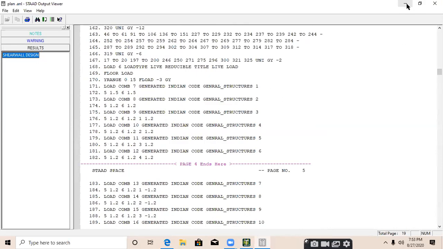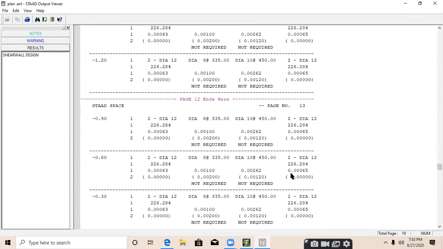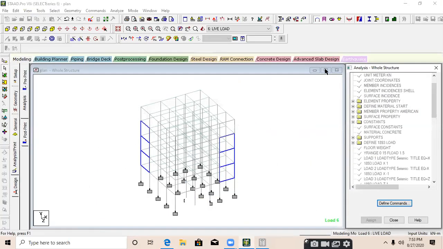Okay, you just need to create a table also for the horizontal reinforcement, for the vertical reinforcement, for the edge, like we have created in a beam and column and in a footing. Like that, you need to create a table in AutoCAD or MS Excel. If you have any doubt, you can ask.